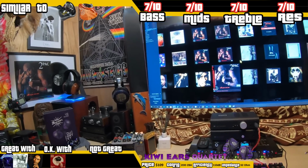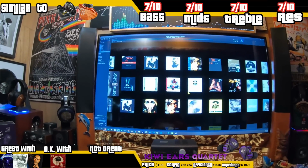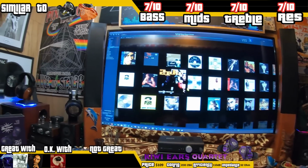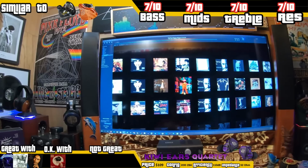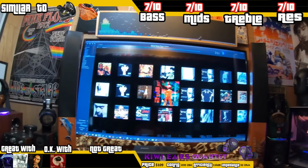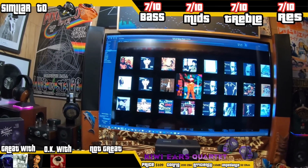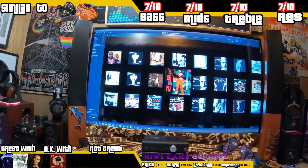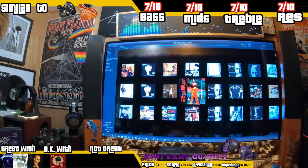Now, this is great with stuff like Metallica, rock and roll, grunge like Alice in Chains. Bob Marley, Tupac to some extent, it's good with. It does good with busy passages with 1 or 2 electric guitars with distortion pedals. It does handle that well. There's not too much bass that kind of veils that over. It's not lacking extension that might mute some of the upper harmonics of some of the electric guitars or other